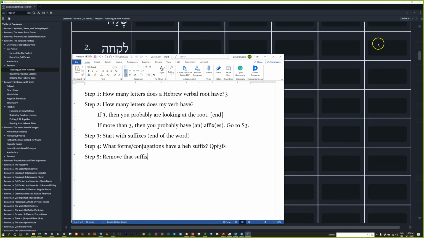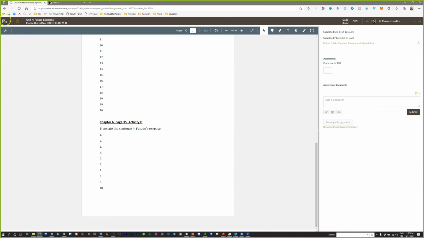We can fill out our root column. But the qamets hey ending tells us all the rest of this information. Qamets hey indicates Qal Perfect 3FS. So that is basically the idea here. If you can walk through a set of questions, that will help you narrow down the possibilities. And the most important part is it will help you locate the root of the verb, which, if you take just a moment and go to